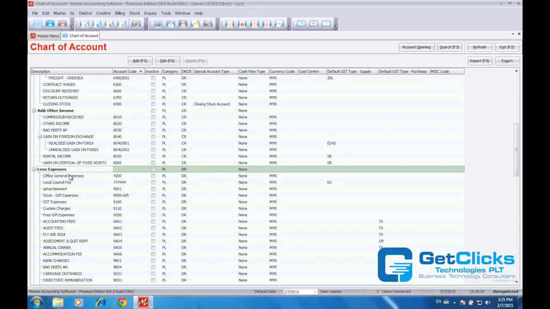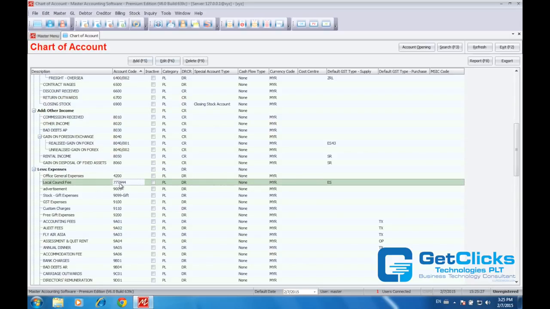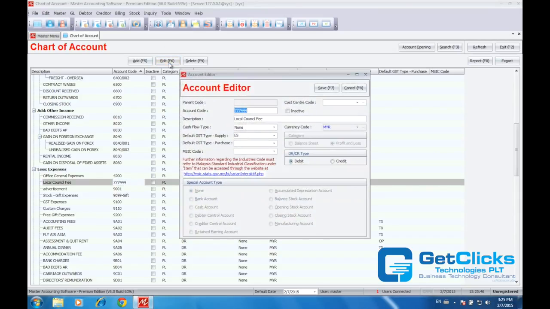Okay? If in the event that you wanted to edit the account, for example, let's say this local council fee. So as you can see that this account code is something different from the rest. So maybe you wanted to make it the same. You can highlight, select this local council fee. Okay, select it, edit, and you can actually change this account code to what you want. Let's say you want this to be